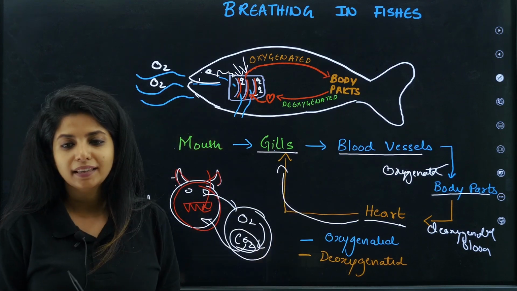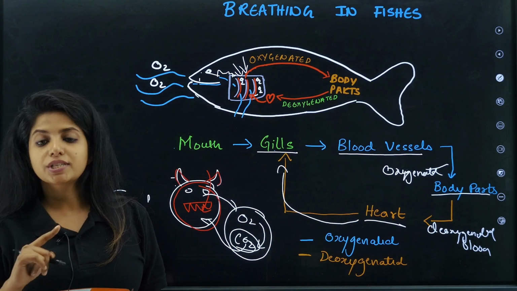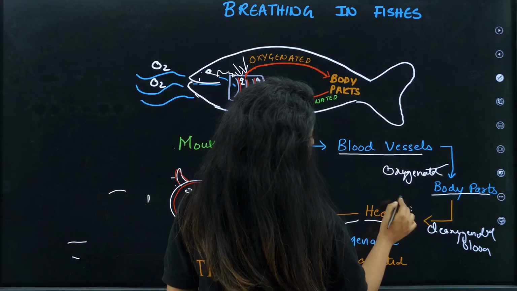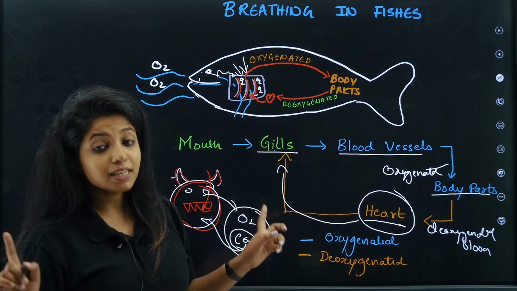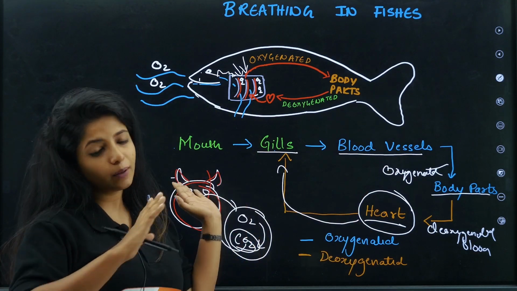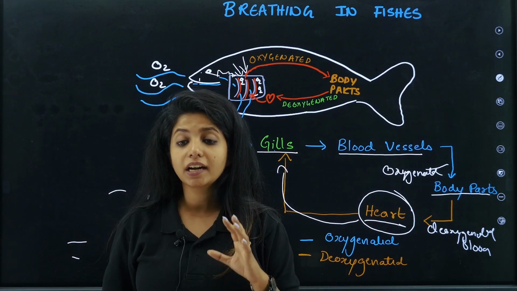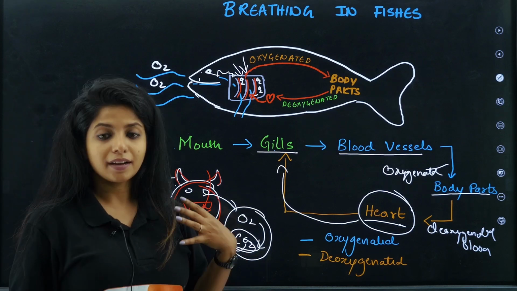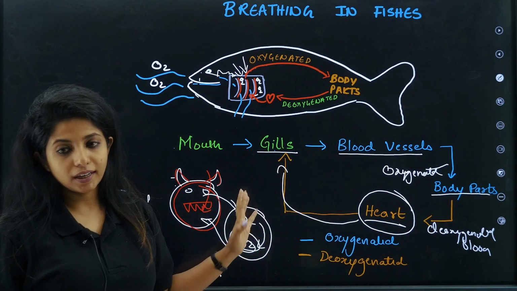So there is one sad thing that is happening over here, if you have noticed. In the poor fish's case, the heart never gets a chance to pump oxygenated blood. I'm not saying the heart cells do not get oxygen. No, it's not like that. For them, there are different blood vessels associated. I'm saying that the heart never gets a chance to pump oxygenated blood like in our case. In our case, they get a chance to pump oxygenated blood, but over here, they are not getting that chance.